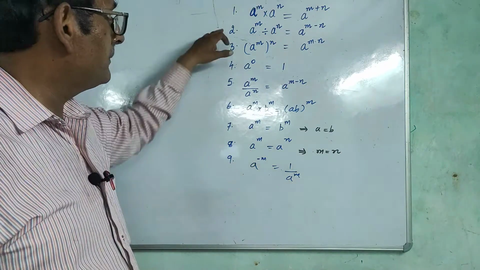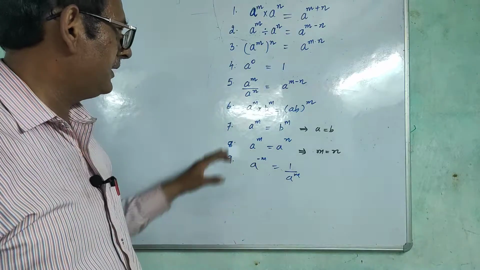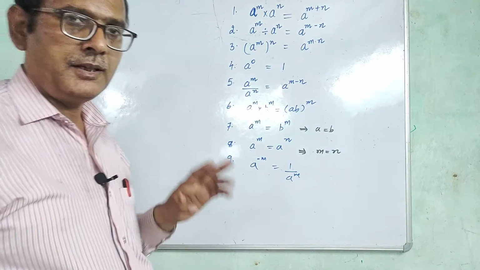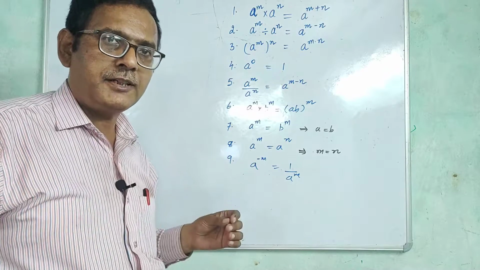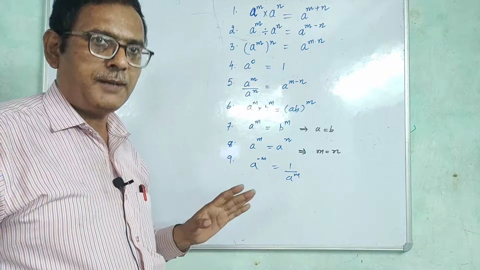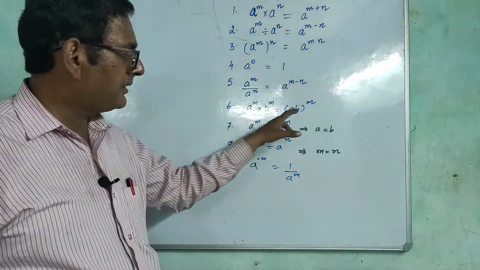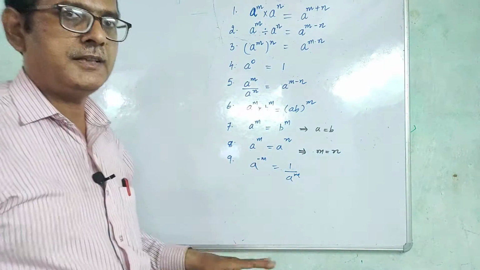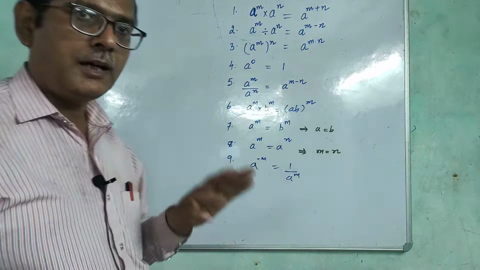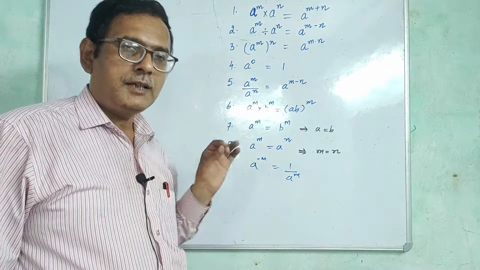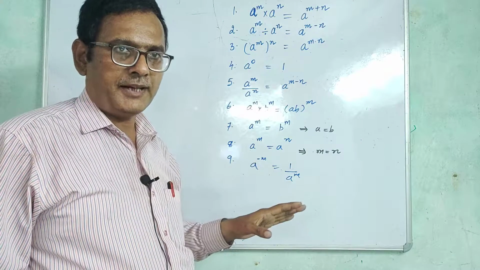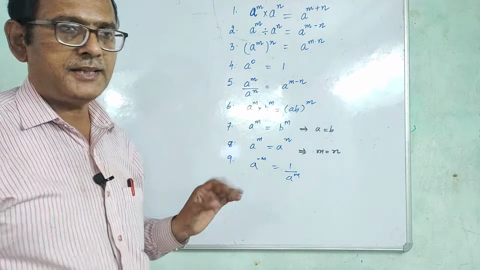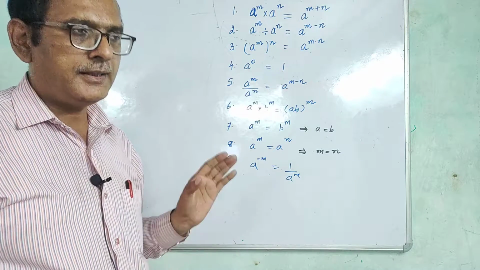This fifth one is same as second, only the representation is different. a to the power of m into b to the power of m. If we multiply two different numbers which are raised to the same power, then we can multiply the two bases and we can raise them to a common power, which is m in this case. a and b are two different bases. Each is individually raised to a power m and then later on multiplied. What we can do in this particular case is multiply ab and then raise it to the power of m.